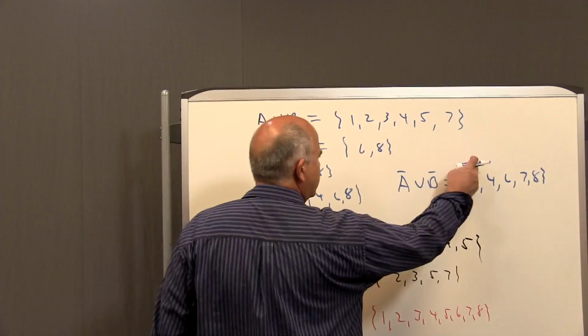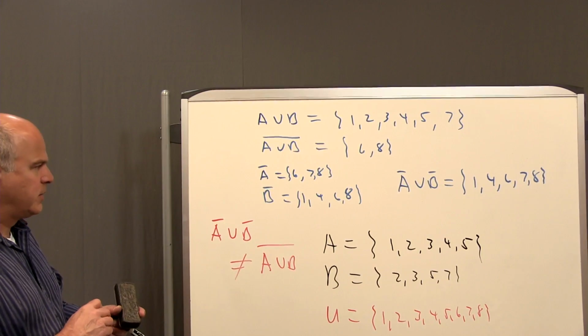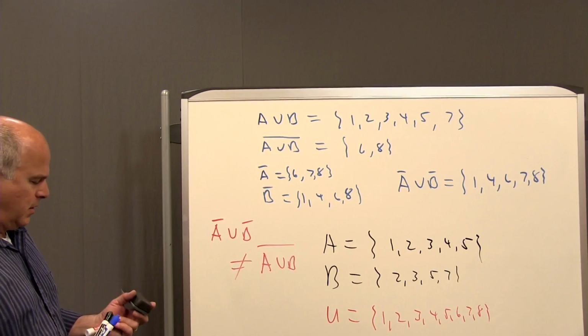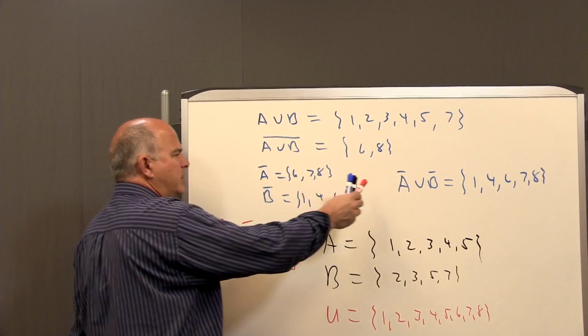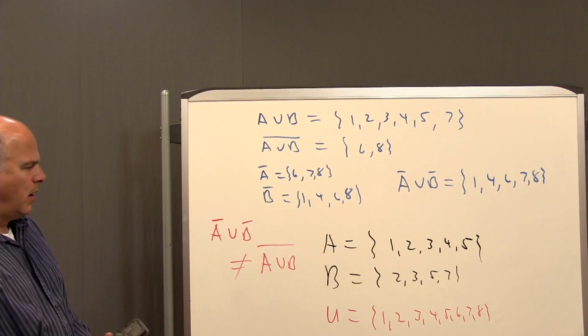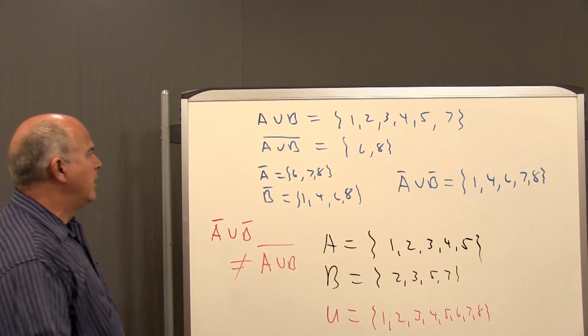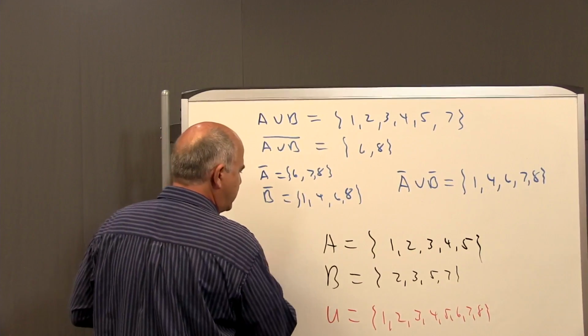Clearly not the same as that. And we have De Morgan's law that tells you that those are different things. That this one's equivalent to A bar intersect B bar, and this one's equivalent to A intersect B bar. Okay, so we had our early operations. We also had some